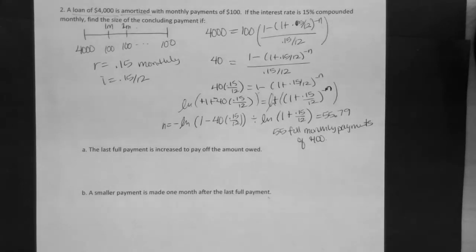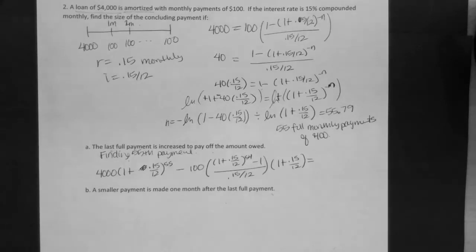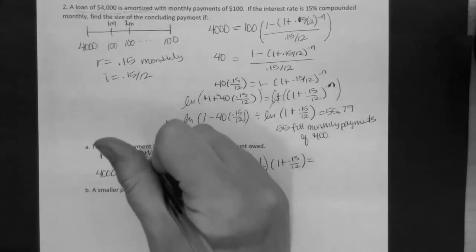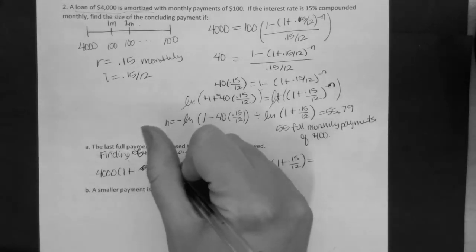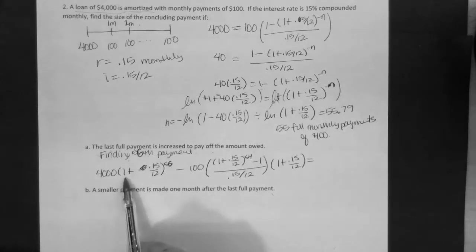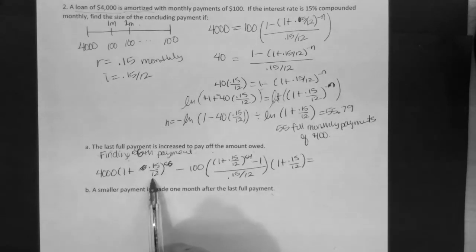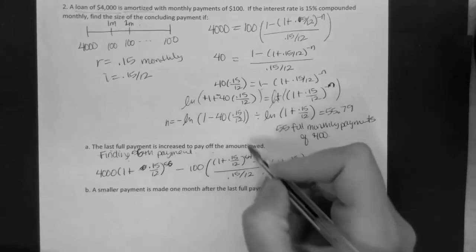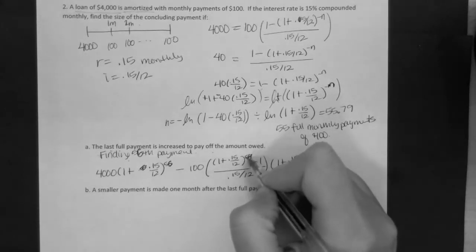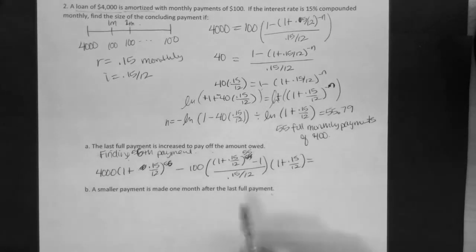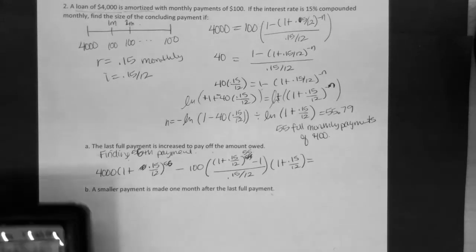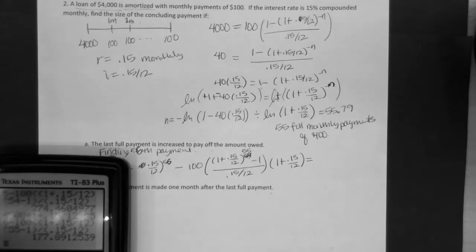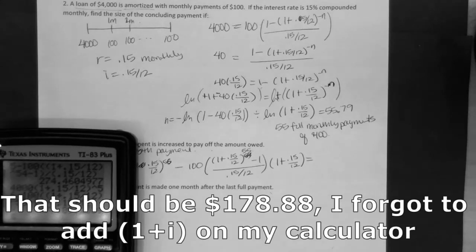So now that we have everything in a row, we're ready. Okay, so this is the time of the 56th payment. So we're going to do 4,000 times 1 plus 0.15 over 12 to the 56th. And then over here, our exponent's going to be 55. Okay, and then move 1 period forward because we've made 55 full payments. We're finding the 56th payment. So when we plug all of that in our calculator,